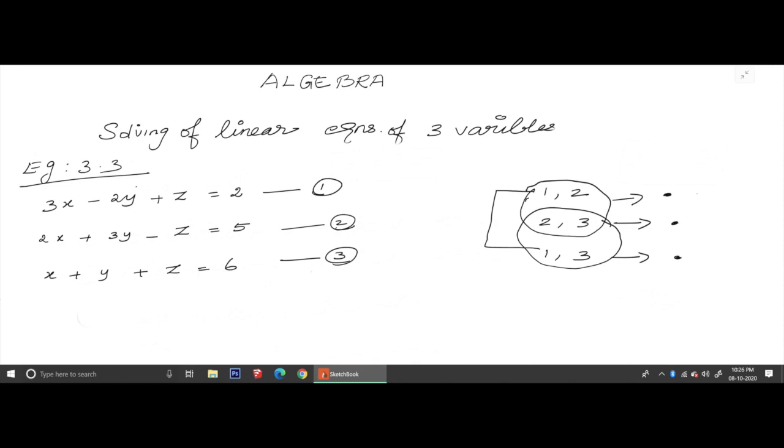For example, dollar, euro, like this it comes, let's say. If these two variables come, then next what do you choose? That is, you are choosing 1 and 2 equation. You are getting a dollar and a euro, and then when you are taking this equation 2 and 3 and after solving, you should get dollar and euro only, right? You should not get something else, that is rupee and all. Instead of euro you should not get rupee. Then you can't solve these two equations.